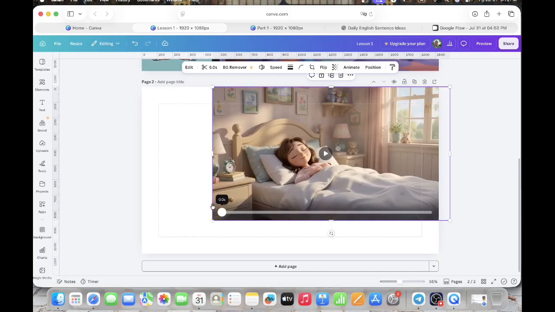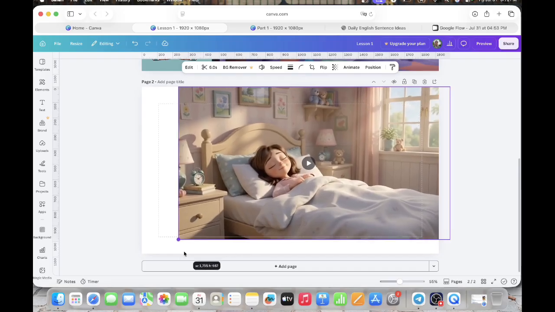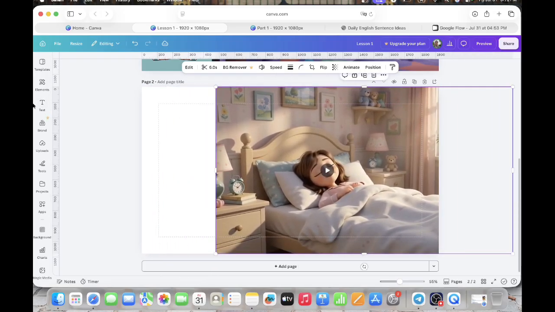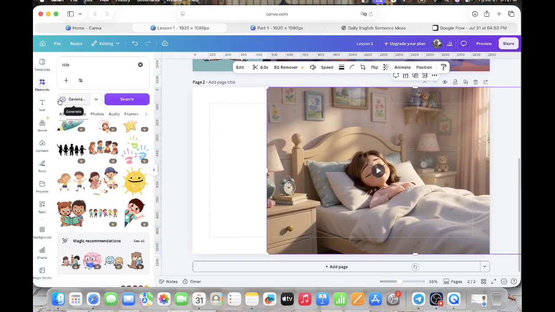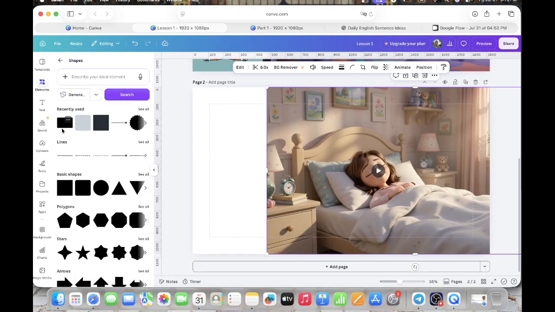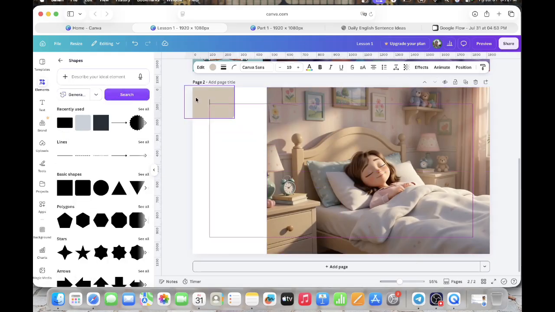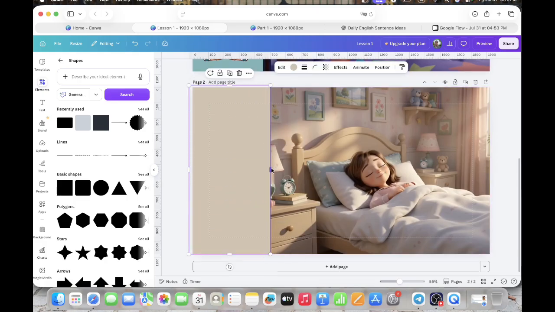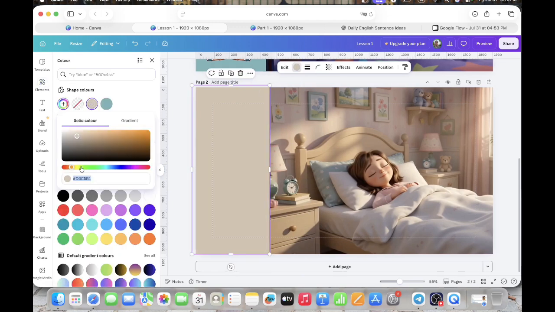If you don't like the video, you can just change the prompt until you receive a good video, and just click here. It's like this. Again, go to element, go to shape, choose this one and put it here like this, and click here, and again it's like this. And you can change the color as I showed you. If you don't like it, for example, try to match it a little bit